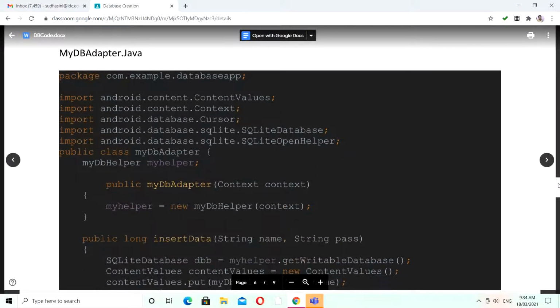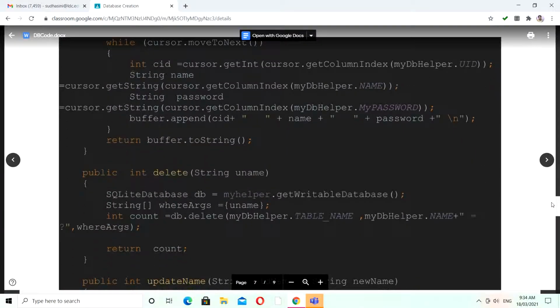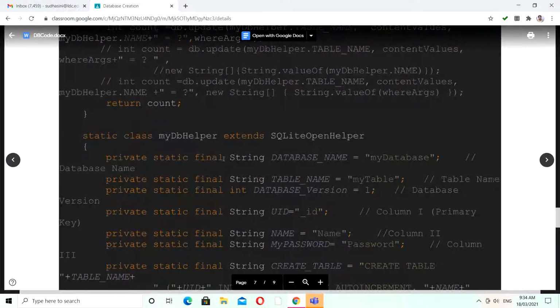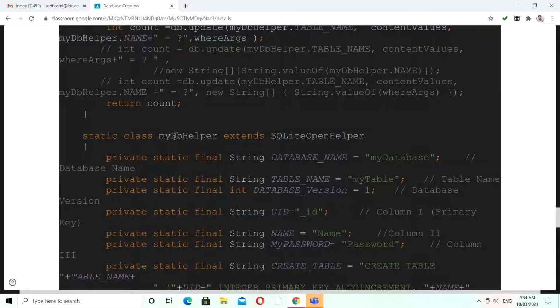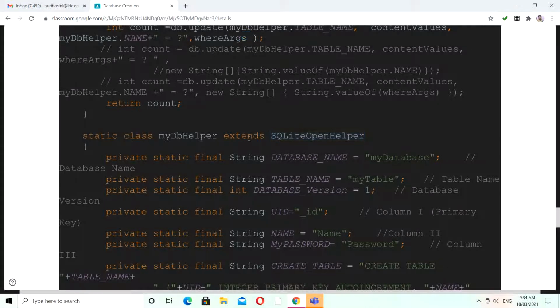Here we have MyDB adapter. You can see within your Java file we have an inner class, like static class MyDB helper. Within your MyDB helper class, we are extending SQLite open helper. So static class MyDB helper extends SQLite open helper.